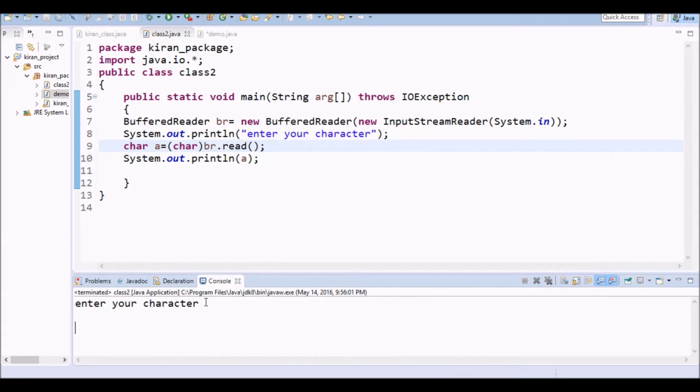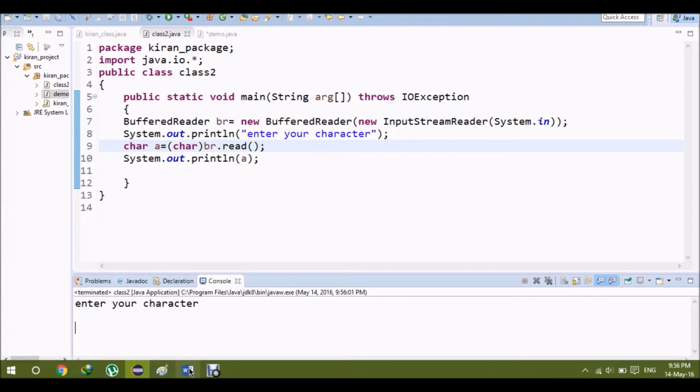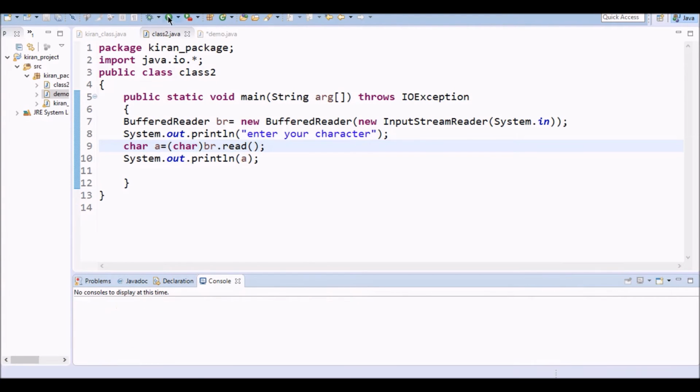See, now enter a character. So I will re-execute it.